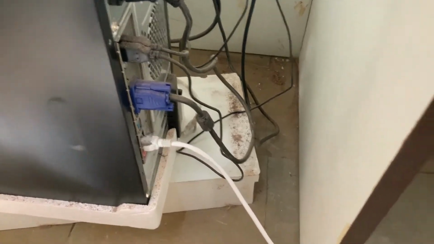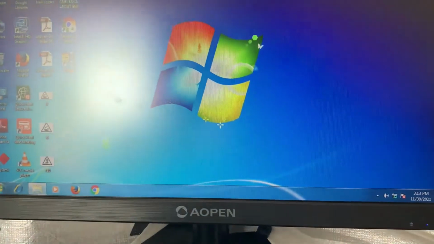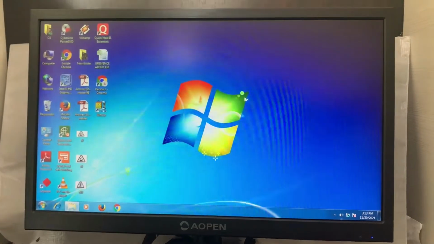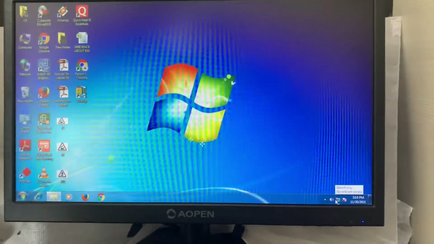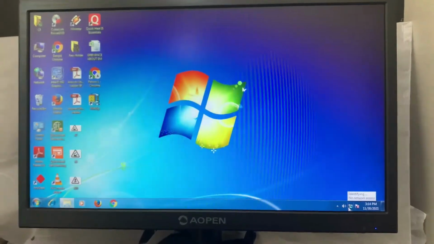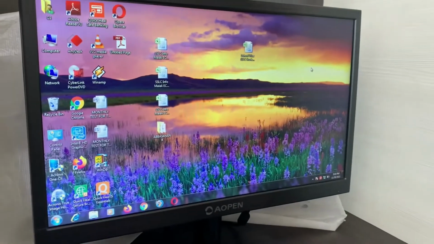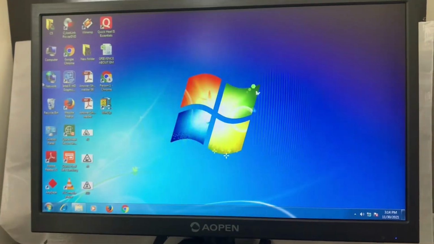Okay, now the process of connecting is over. Now it's loading. Now we have to share the file from these PCs to this PC. Okay, now we will open this PC.